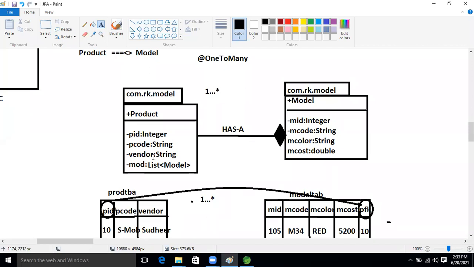No, my doubt is not that one. Currently we are creating the ID manually, no? Like in the product table, ID 10, you are giving manually. Your doubt is why we are taking the ID ourselves. Okay, guys, listen. A generator is there. Whenever we move on to MVC, at that time we will use the generator. Here you have to put the ID explicitly. Yes, I got your point.